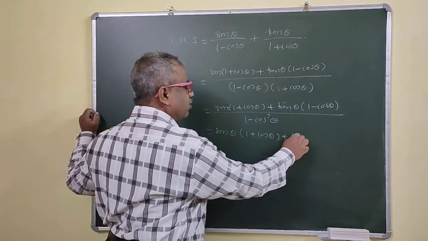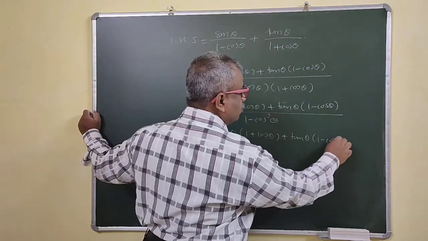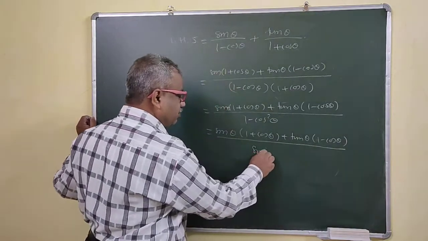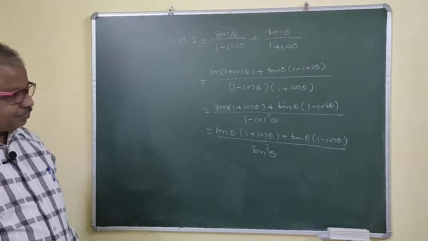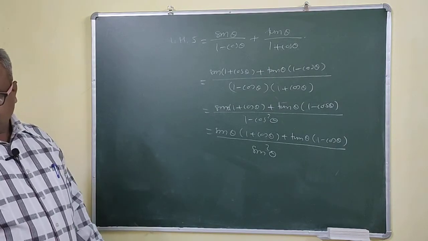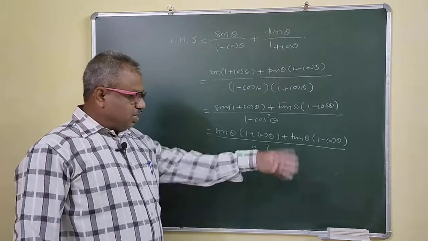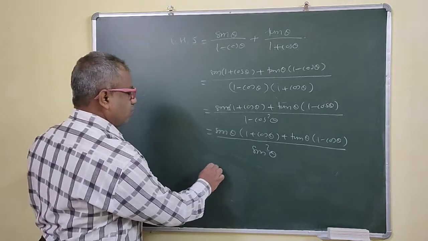We write this as it is now. No need to simplify this, because we want the two terms now. 1 minus cos square theta is what? Sin square theta. Right? We get a single term. Your denominator is single, and we just separate that term now. Separate all the terms now. So what we get then?